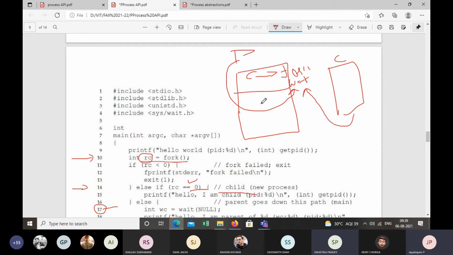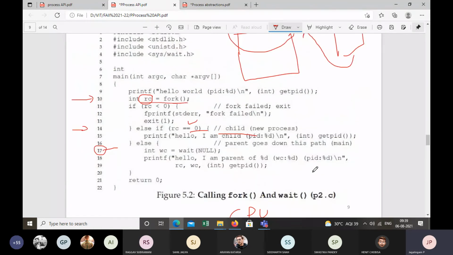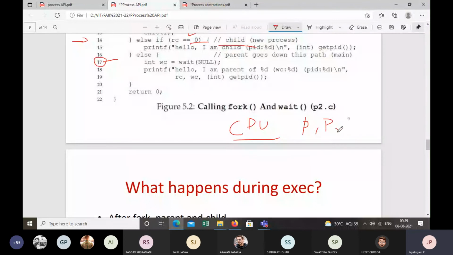In some cases we need to think of a different scenario, right? What happens if the parent is not available? Let's say that the parent is blocked for some reason. You will understand better when we discuss the synchronization concept. If you have multiple processes, let's say P1, P2, P3, and P1 and P2 are communicating with each other, both doing the same job.